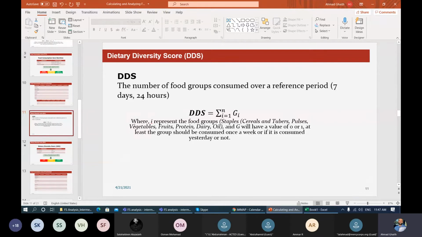The next indicator we're going to do is dietary diversity score, because it's really just an extension of food consumption score. For dietary diversity, we're looking at the number of food groups consumed over the reference period. It can be 7 days or it can be 24 hours. I prefer to do it over 7 days, both because we can ask basically one set of questions, the food consumption